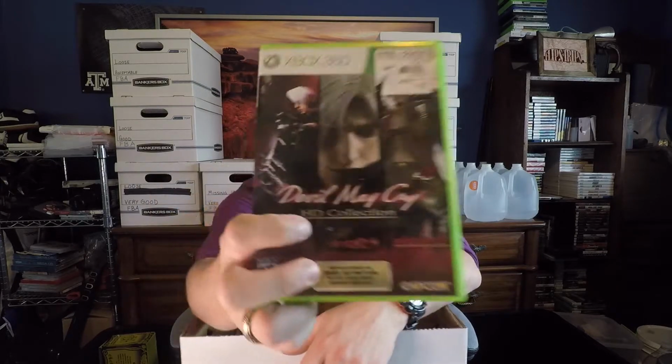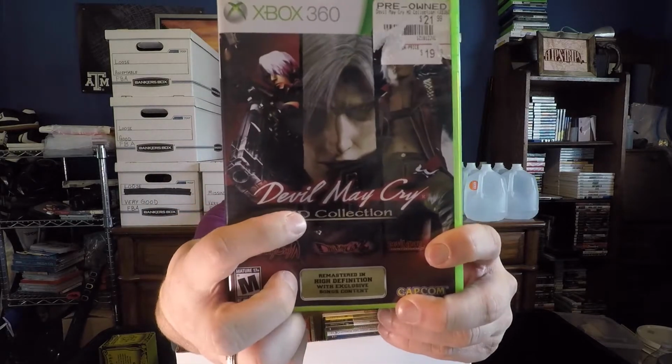Oh, here's a good thing to talk about. Got this Devil May Cry HD collection. Whenever you see these HD collection games or remastered collection games, pick them up because they're pretty much always worth it as long as you get them for cheap enough, right? Any game that is